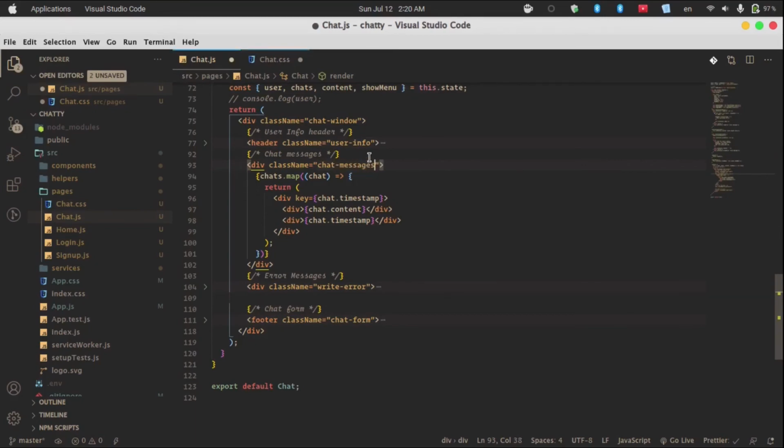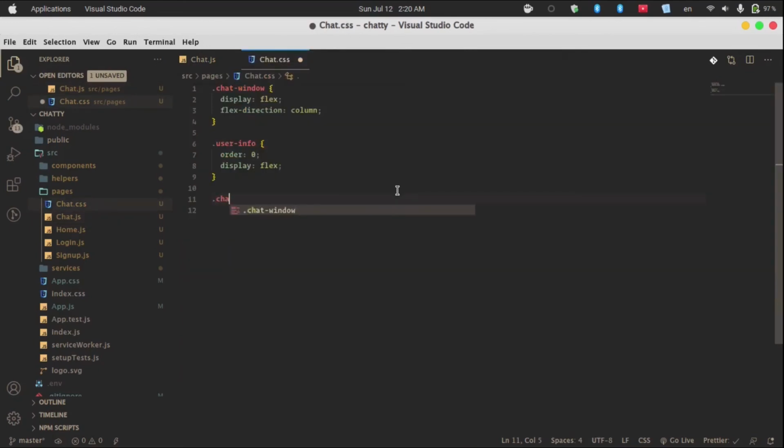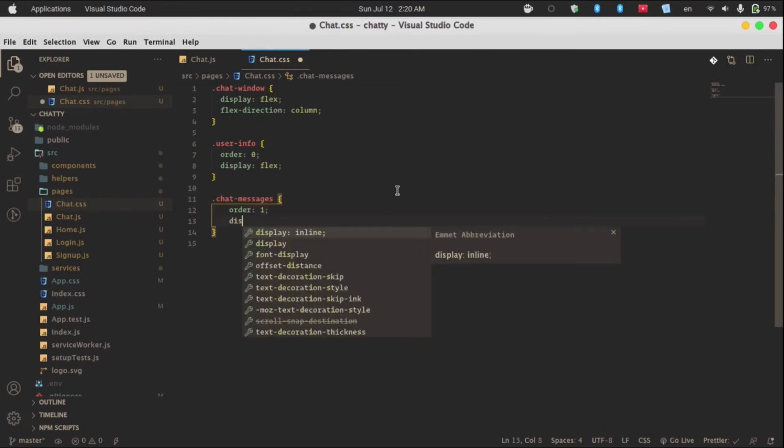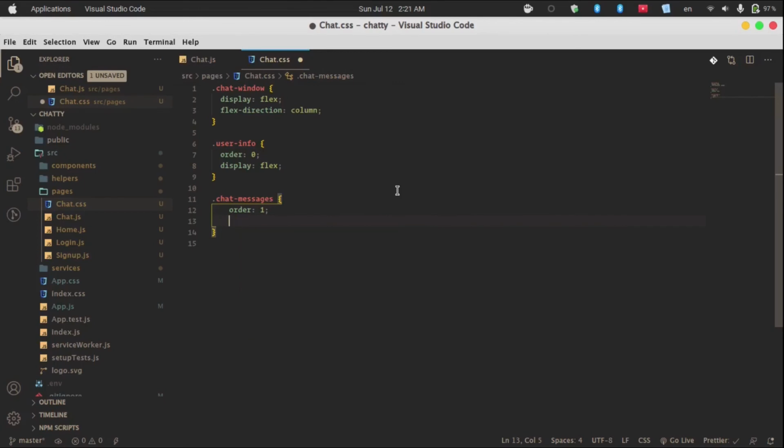You can make it as chat messages, order 1, and then display flex,